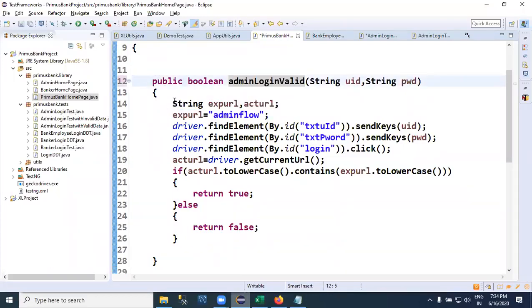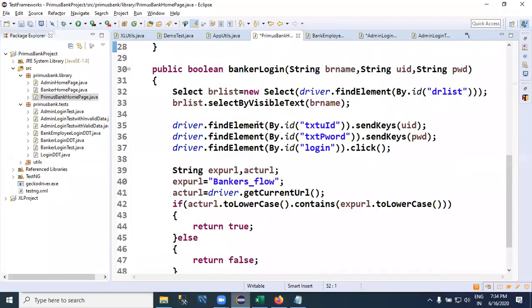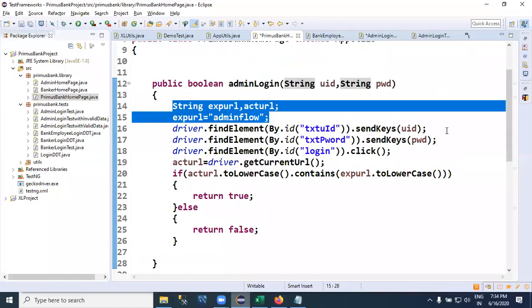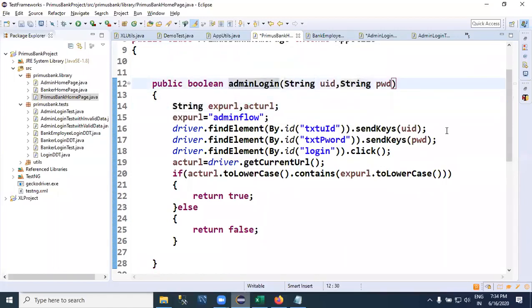Otherwise, at test case level, you have to change the expected behavior of the system. Otherwise, I'll keep it like this. One second. I'll remove this part, one option. Okay, otherwise I'll go with this one first. Now what I will do,